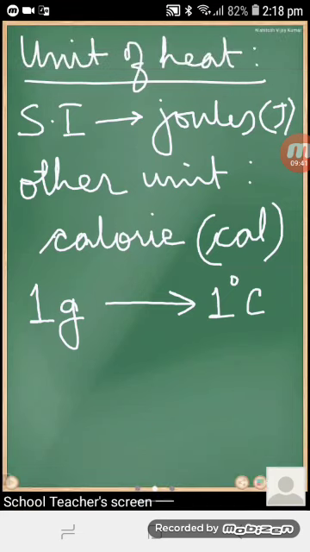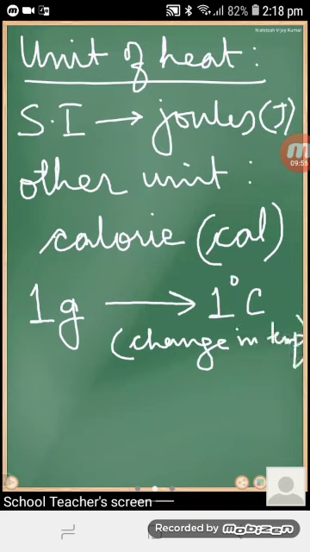Okay, that is 1 degree, not 0 to 1 degree. It is to 1 degree. Change in temperature is of 1 degree. Then the amount of heat energy absorbed is called as 1 calorie. And once again, I'll